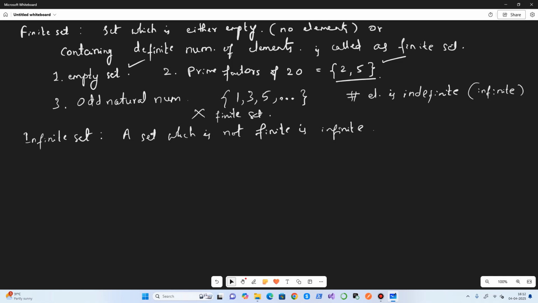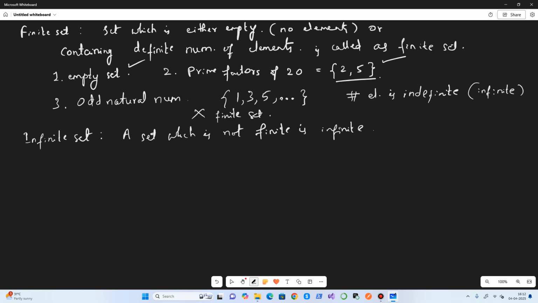Once we know the meaning of a finite set, then an infinite set is nothing but a set which is not empty and contains an indefinite or infinite number of elements, right? So this is another concept that we need to keep in mind.